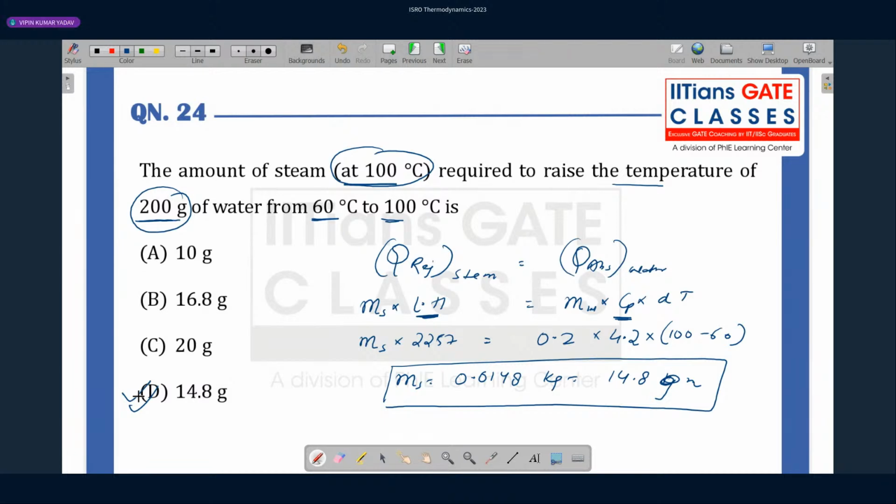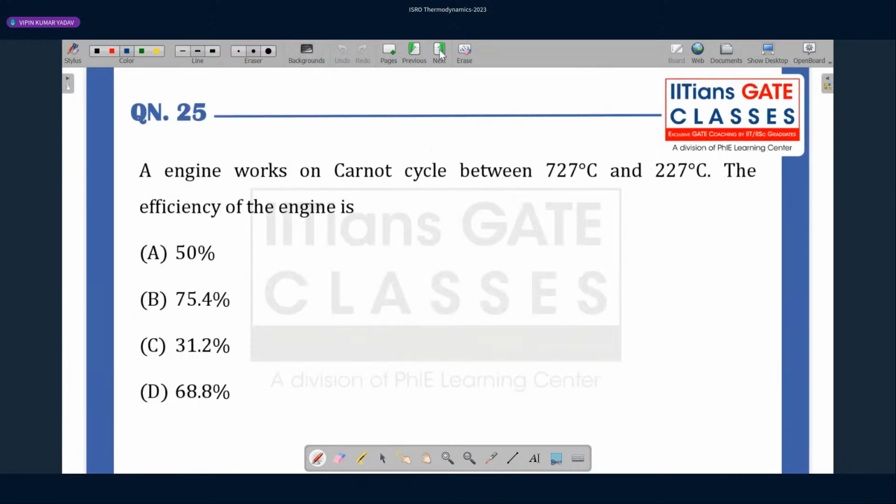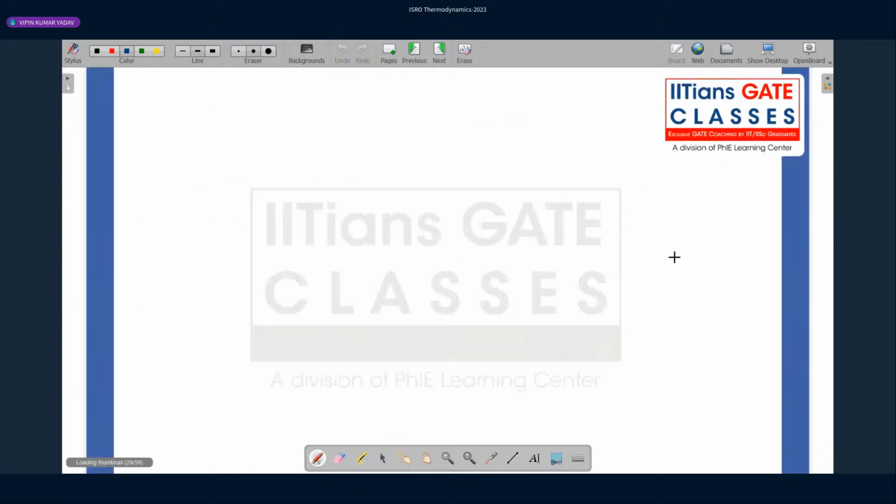So I hope this is clear. Let's move ahead to the next question. Very simple. I don't think you can get a question easier than this. An engine works on Carnot cycle. So it is a Carnot engine, and between temperatures 727 to this temperature, the efficiency of the engine is. So very simple question. You have a heat engine